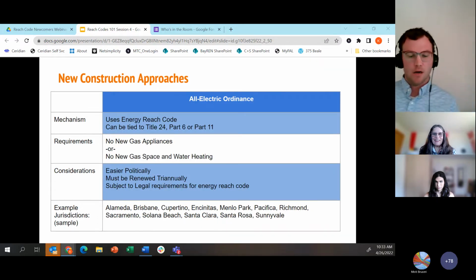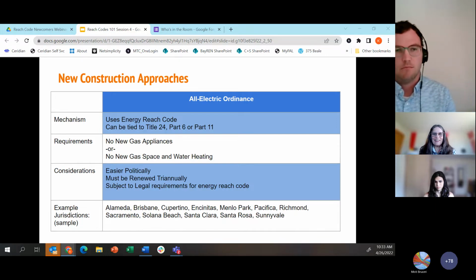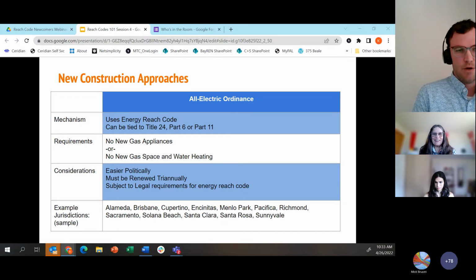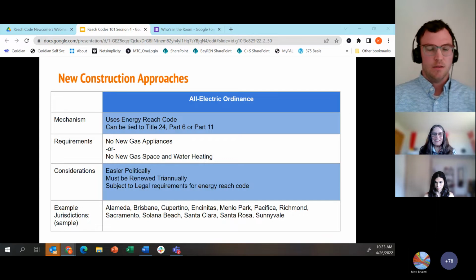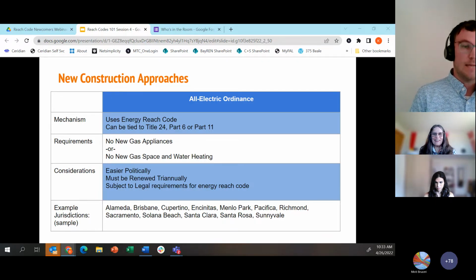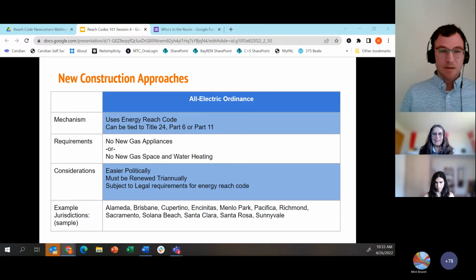All right, moving along the color wheel from green to blue, we've got the all electric approach. And so this approach is tied to the state code. And as we mentioned, it can be either tied to Part 11 or Part 6.